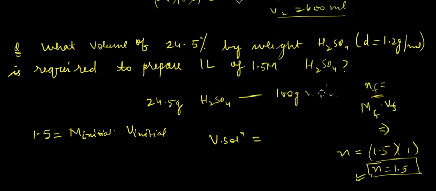Okay, water would be 100 minus 24.5 grams. Okay, volume of solution would be 100 gram, which is the mass of solution, divided by 1.2 ml is the volume of solution. Okay,